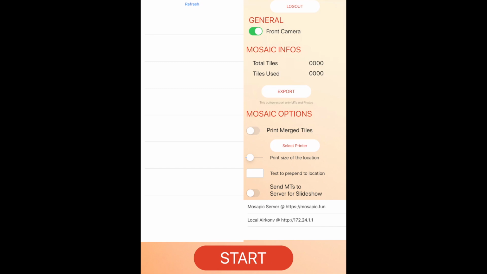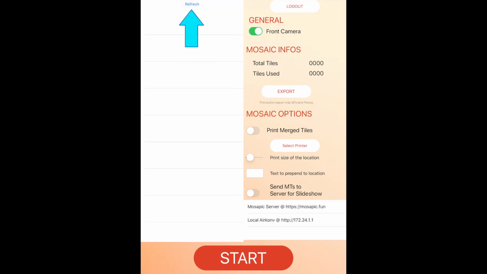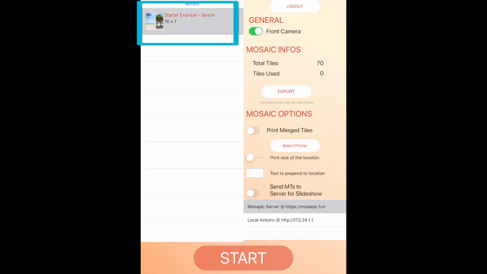Part 1. This is the settings window. You can find on the left side all your activated events and your completed events. But as this is a new account, you need to hit the refresh button in order to get your events. In our case, this is the first example that we have that is free, that is allowed to create and to use when you register a new account.